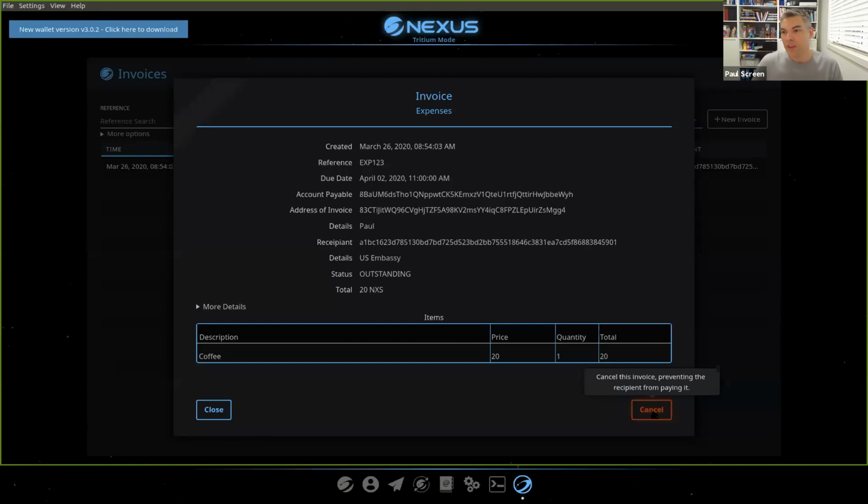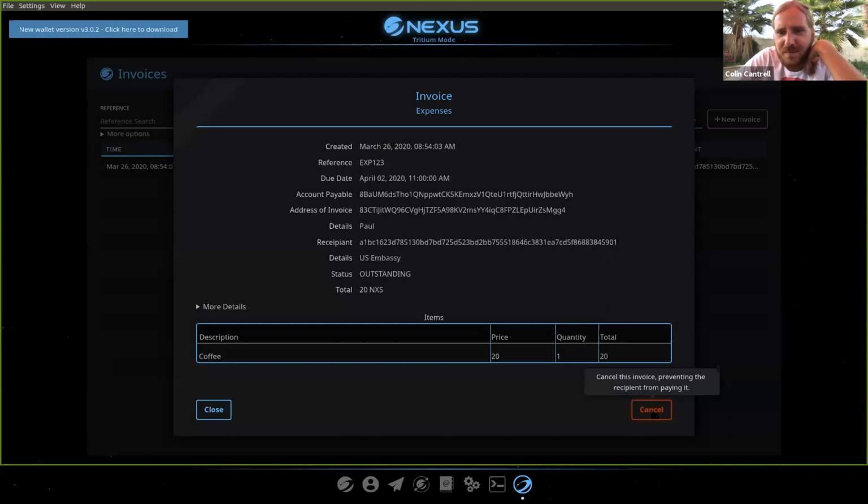I've created this invoice, and this invoice is a register, but think of it like an asset, because it uses the same kind of system. It's a register that's on chain. Behind the scenes, I've created this invoice and transferred it to the US Embassy. I'm going to send it to them, and they have to claim it, just as if you were transferring an asset between SigChains. But I've added a conditional contract